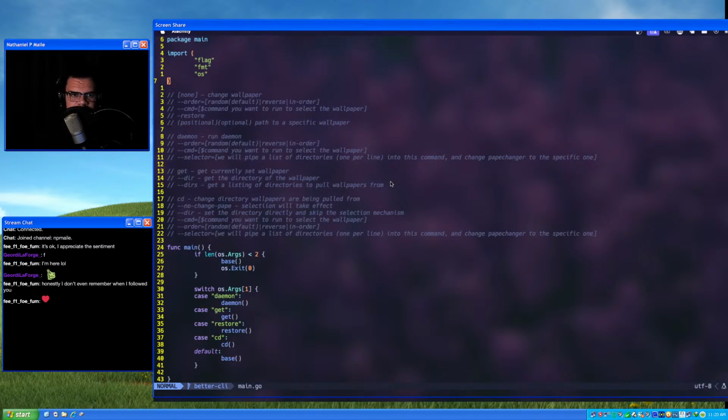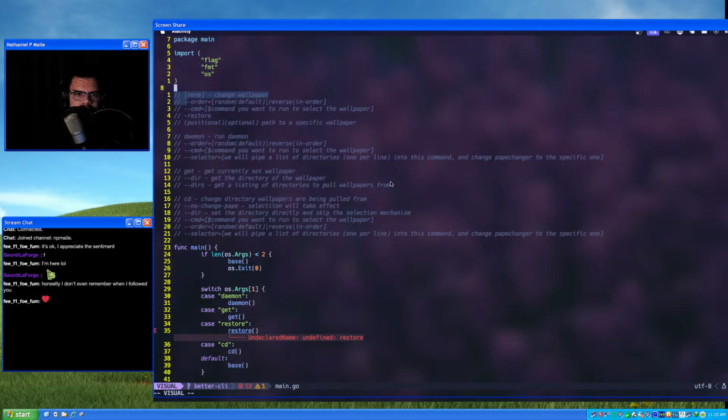Basically it's just going to be PapeChanger daemon, get, or cd, or just run PapeChanger to change your wallpaper, and then I'll have command line options that are specific to each little subcommand. I think I'll make the entire UI a lot more clean and easy to deal with.